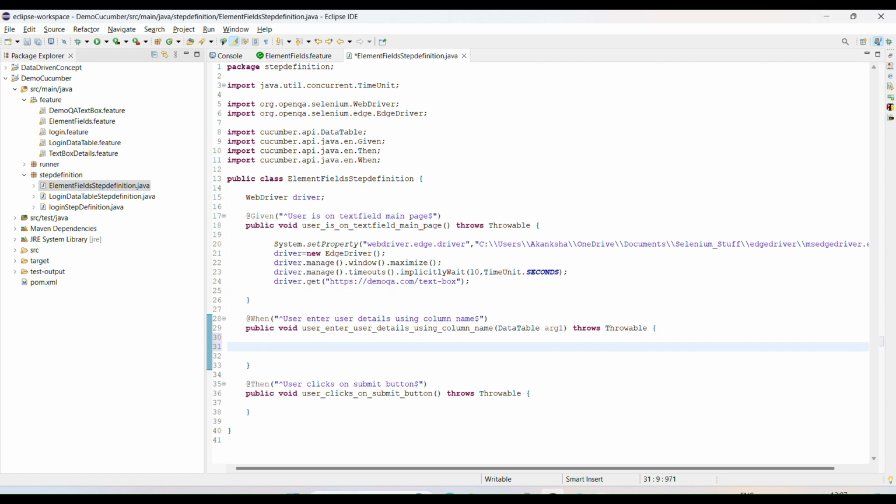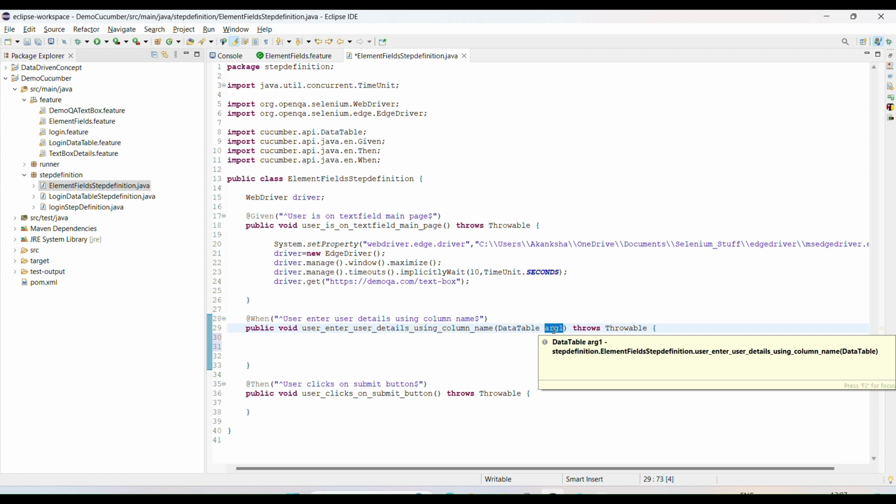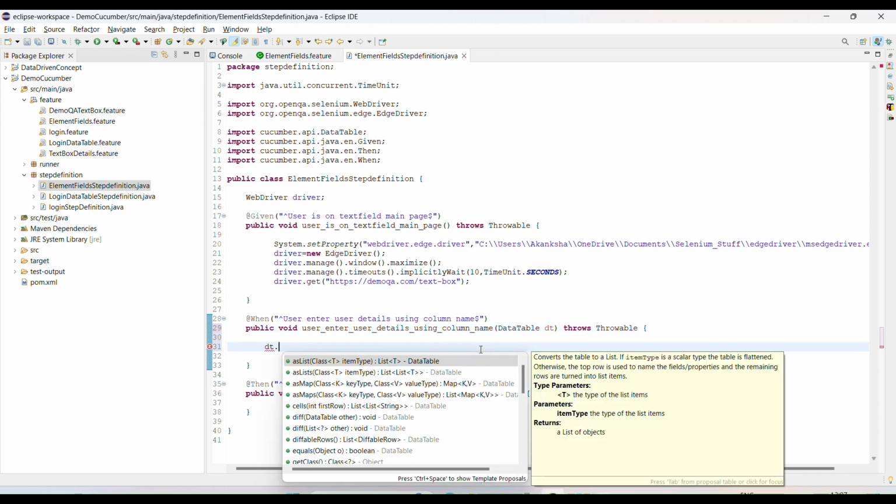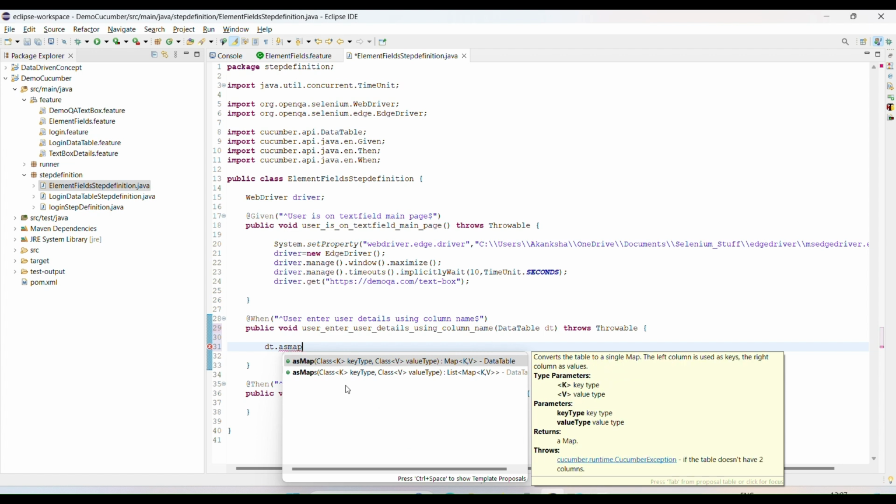First of all, we need to initialize our data table as a map. I am going to use the data table here, and I am going to change the name to dt. Then I will use dt, and then I will initialize it as maps, right?